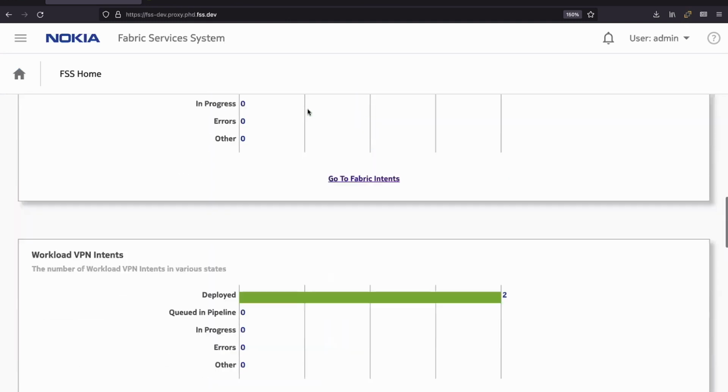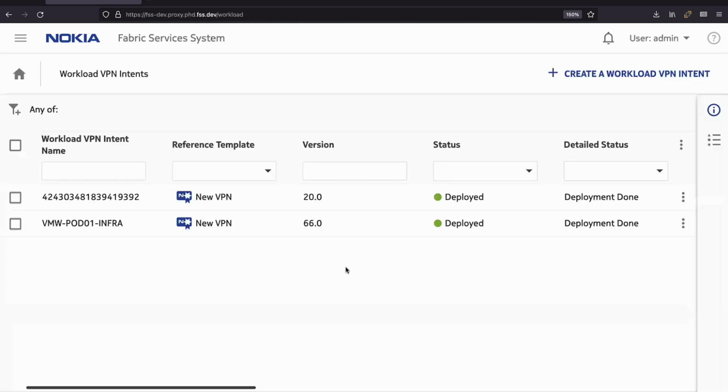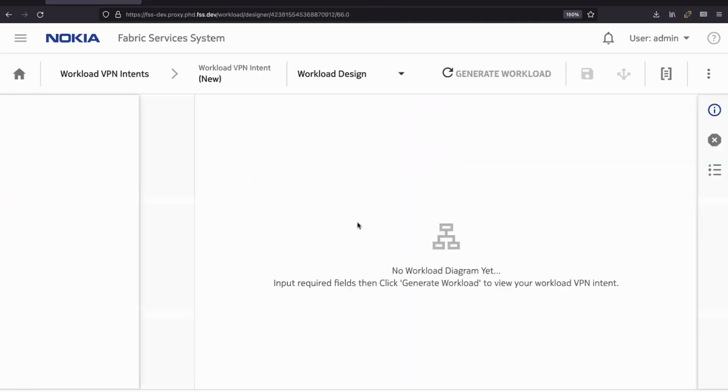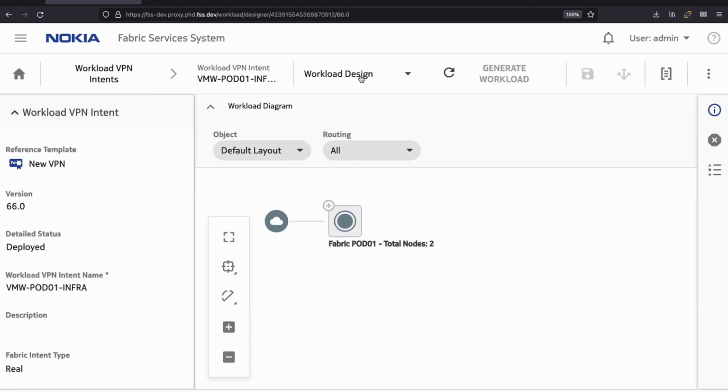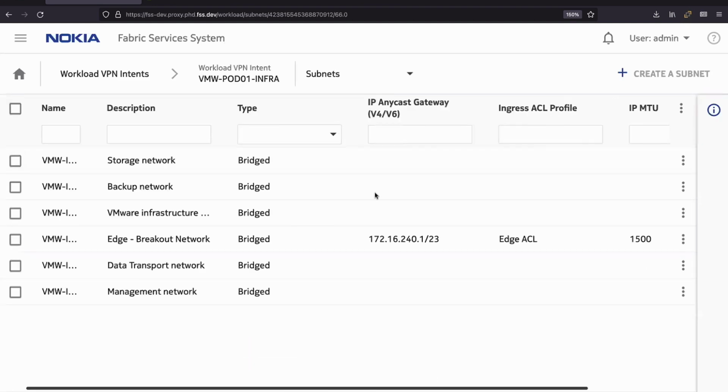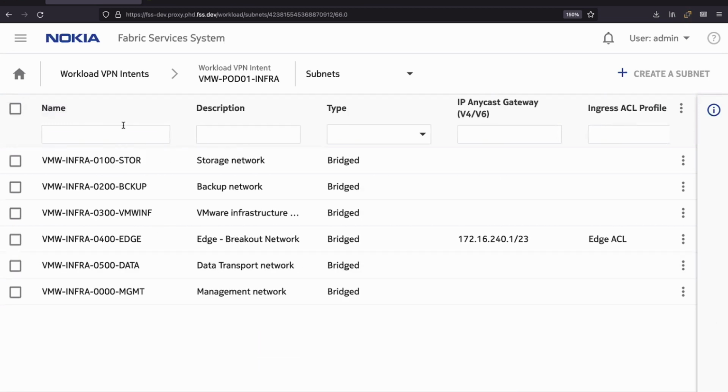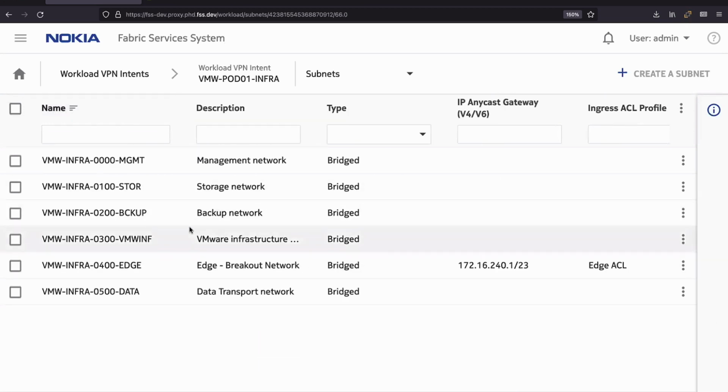So let's go down to my actual workload, VPN intents, and you can see that I have this infrastructure network available. Maybe I can zoom out a little bit, but anyway. There we go. I have a bunch of networks pre-provisioned in this environment.